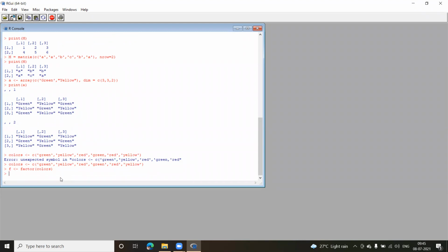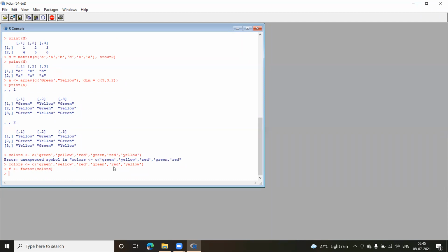Press enter. Now, if I print this value, remember that it is going to treat these values as unique and distinct values. If you look at the vector here, I have multiple values.